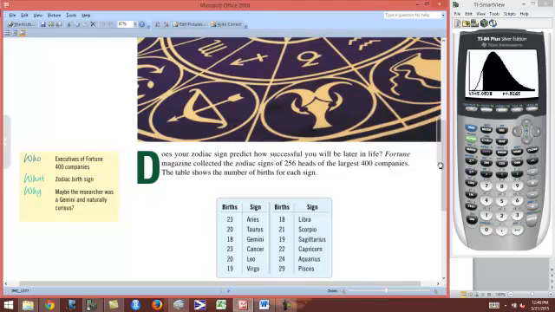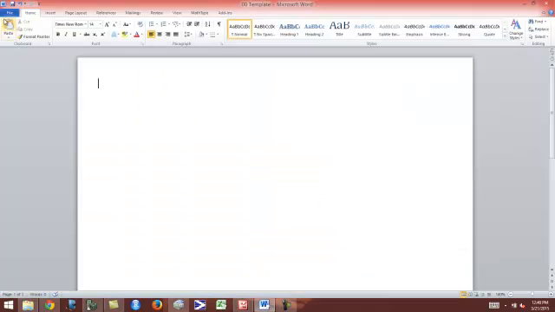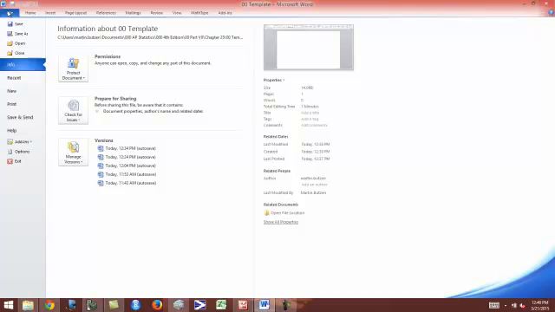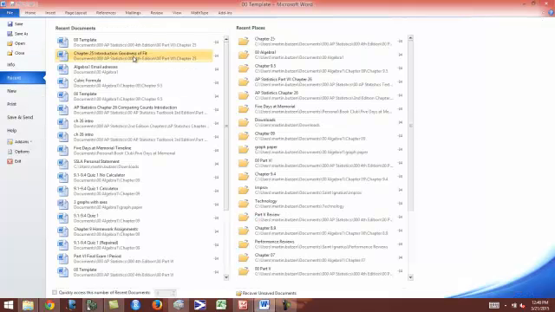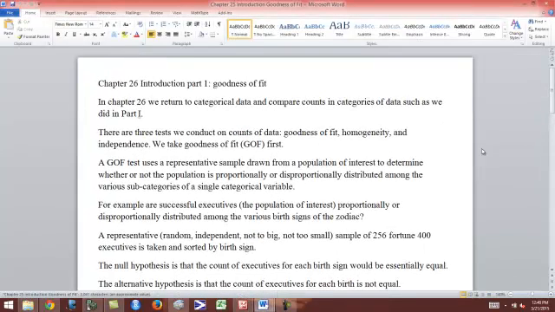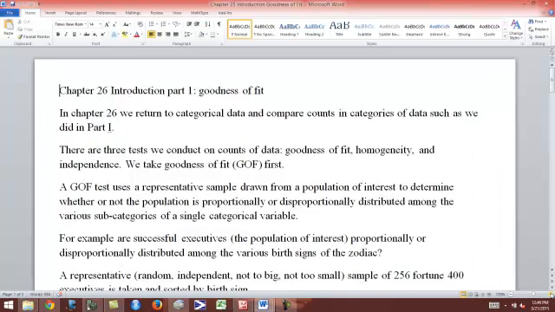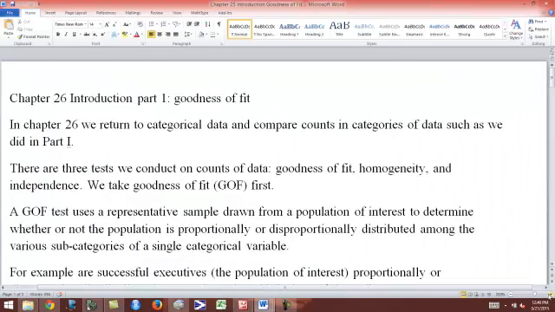Now, I'm posting the notes for this lecture online, and you can look them up. But anyway, let me repeat that. A goodness of fit test uses a representative sample drawn from a population of interest to determine... let me look at that document here. Let me look at recent. Okay, here it is. So you can stop this if you want to take notes on this, but this file is on